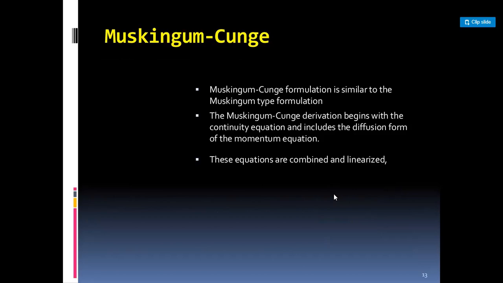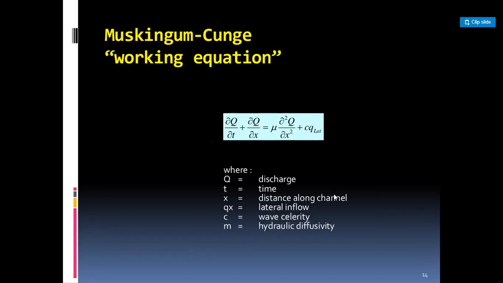Muskingum-Cunge formulation is similar to the Muskingum type formulation. The Muskingum-Cunge derivation begins with the continuity equation and includes the diffusion form of the momentum equation. These equations are combined and linearized. Muskingum-Cunge working equation: ∂Q/∂t + c ∂Q/∂x = μ ∂²Q/∂x² + c q_lat,